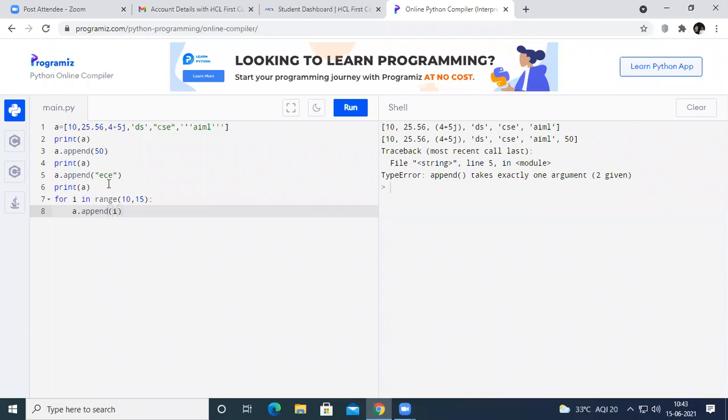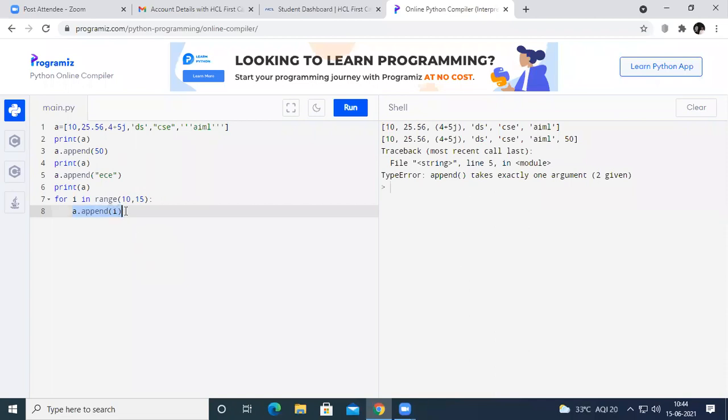See here, the value of i changes from 10 to 15, where 15 will not be included. It will be included up to 14. So the value of i will be 10, 11, 12, 13, 14. Here we are trying to execute the same statement with different i values.